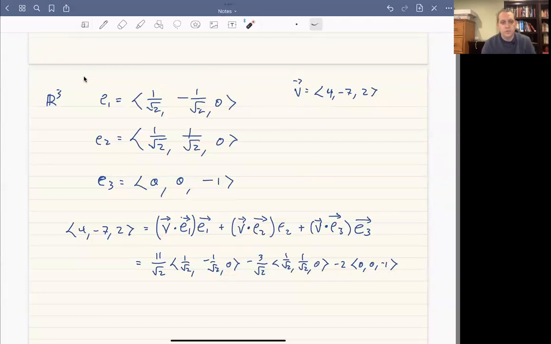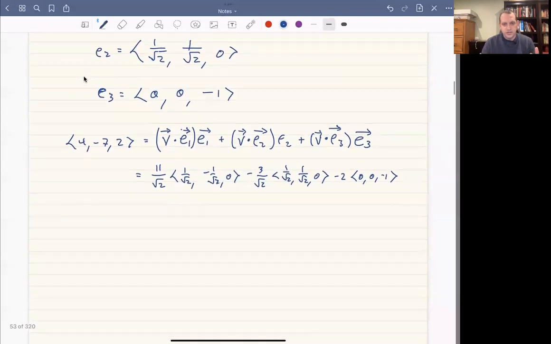And so it turns out that orthonormal bases are super helpful for decomposing an arbitrary vector into a linear combination of the basis vectors. Okay, so that's one of the things that they're going to be very useful for. And so one of the things that we're going to want to do in our study in chapter 5 here